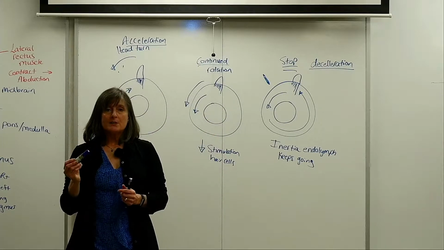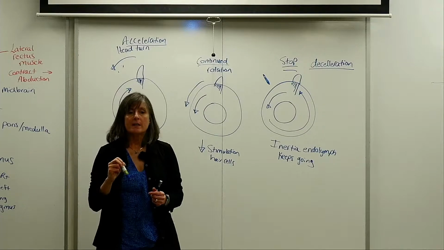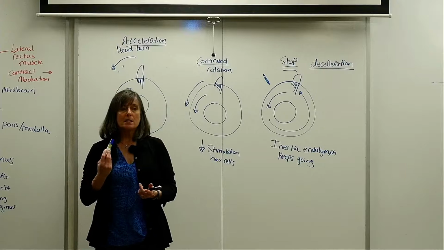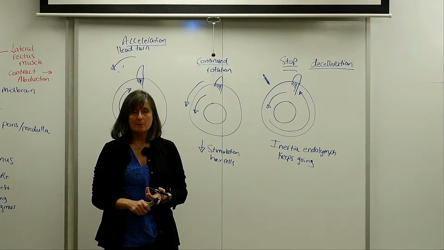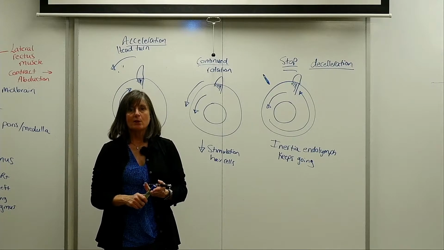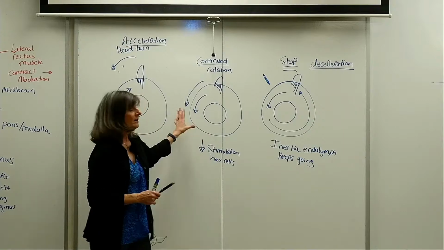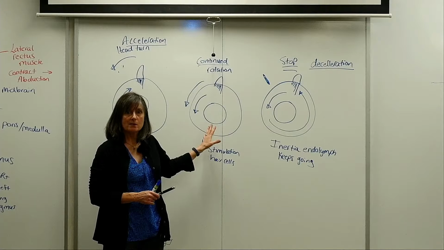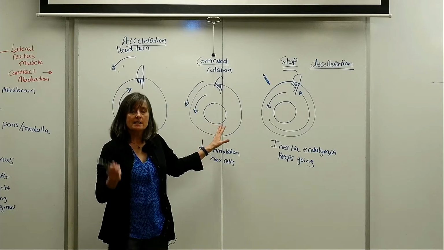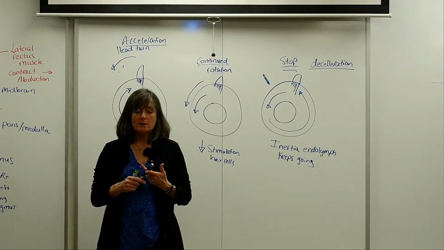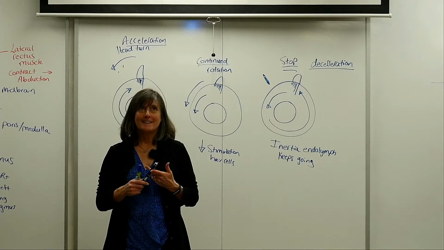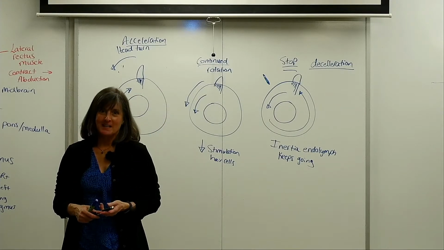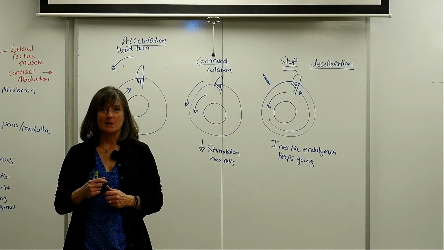And what that off response does is activate vestibular reflexes as well. In particular, it's going to activate the vestibulospinal reflex and the vestibulocolic reflex. The vestibulo-ocular reflex is also going to be activated, but we don't see that on the video. So in the next video, I'm going to go through the vestibulocolic reflex and the vestibulospinal reflex and explain what's happening in that video. So I will see you